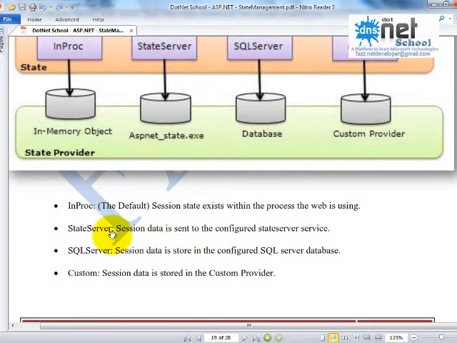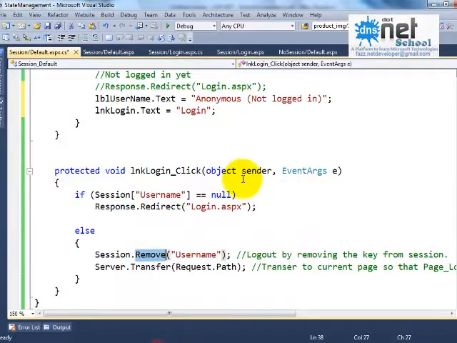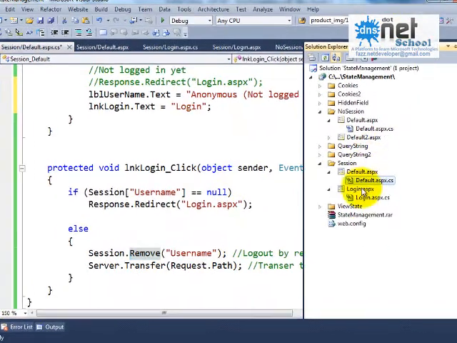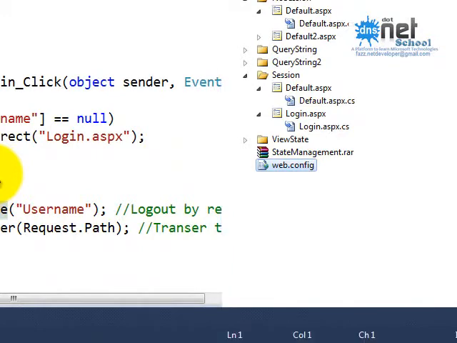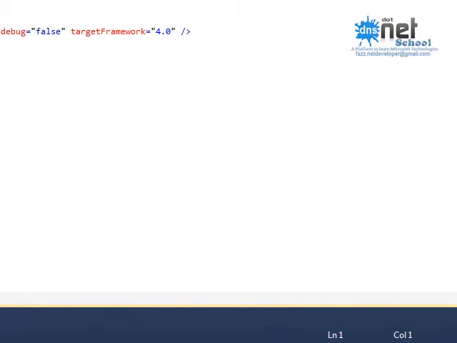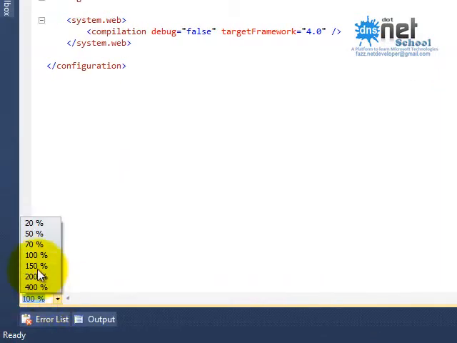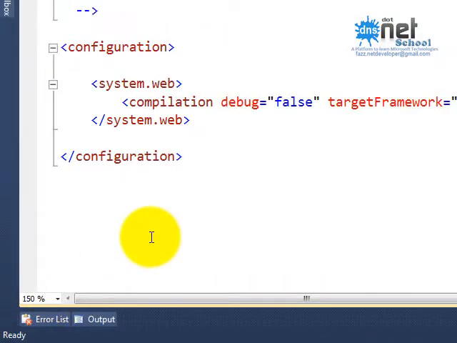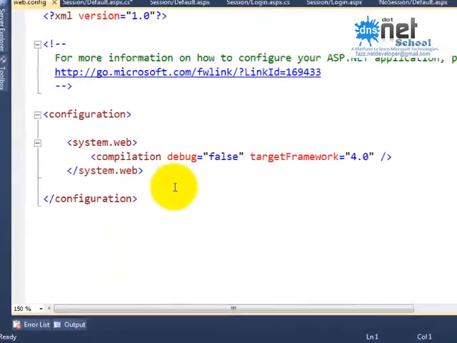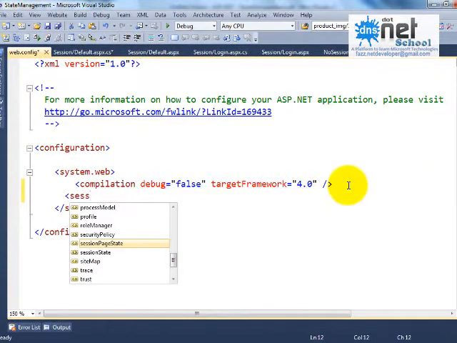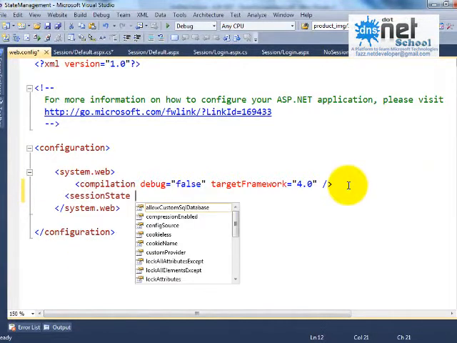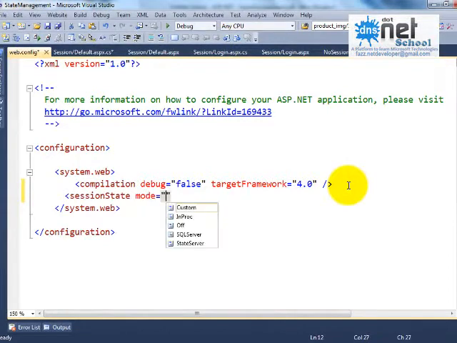So how can I change the session mode? It is nothing but in my web.config file. Here I can change session state mode equals to, you can see.